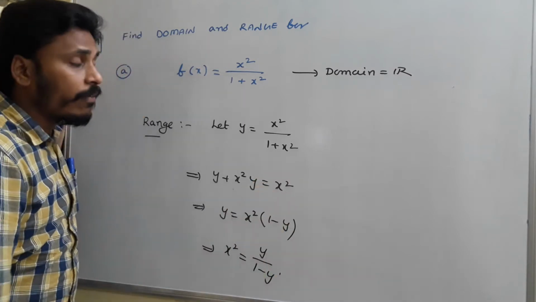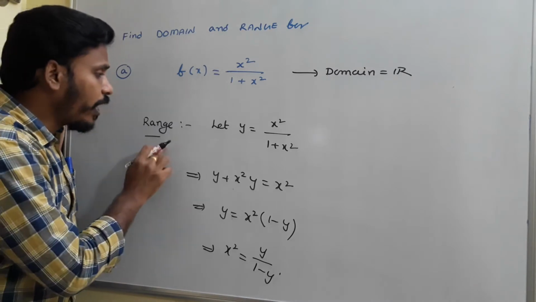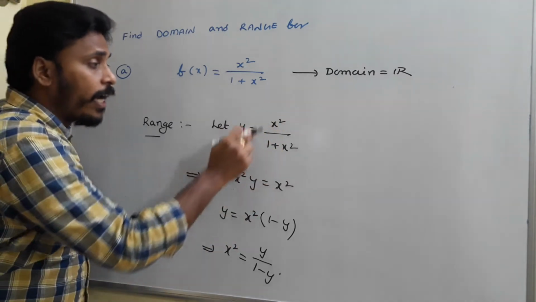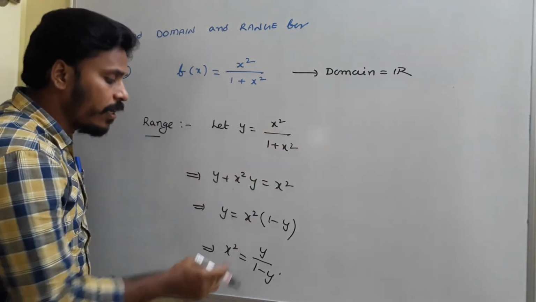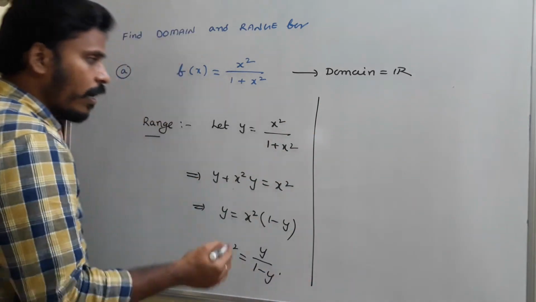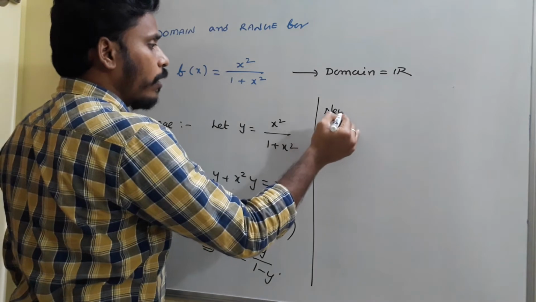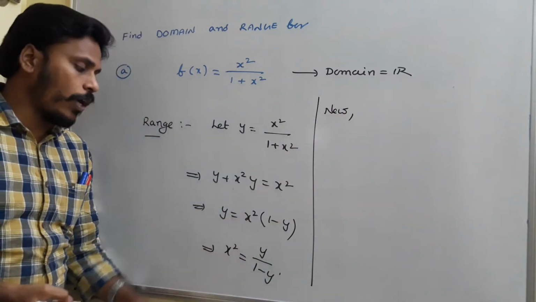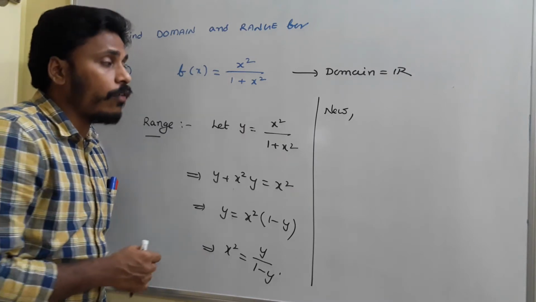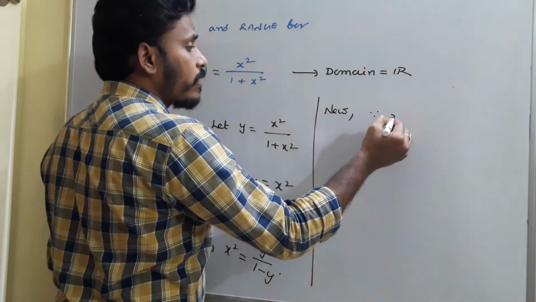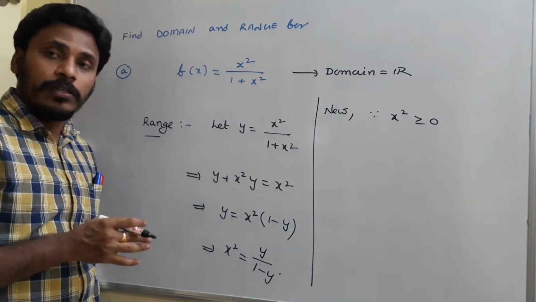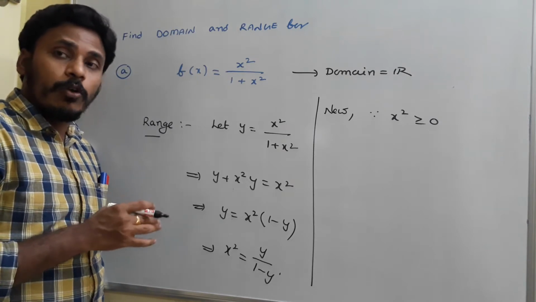Just have a look. We are searching for the range. Range is simply nothing but the values of this expression. And the values of this expression, if you say it as y, and now in terms of y, we have x square. Now, it is somewhat logical. If you look there, x square is equals to y by 1 minus y. X square, something square, we know that x square is always positive. Since x square is greater than or equals to 0, it's an obvious thing, it's a fact actually. Everybody knows it, something square is always greater than or equals to 0.